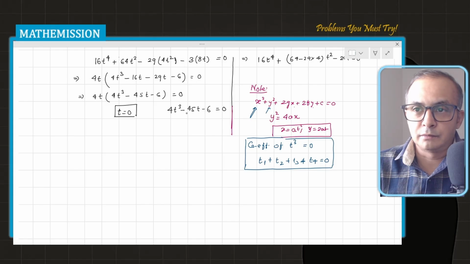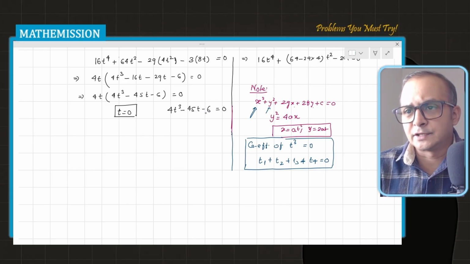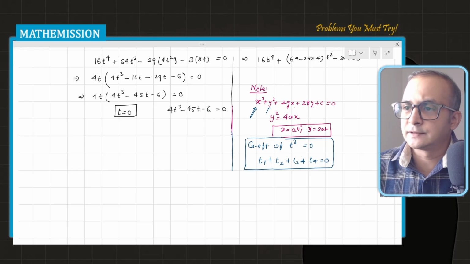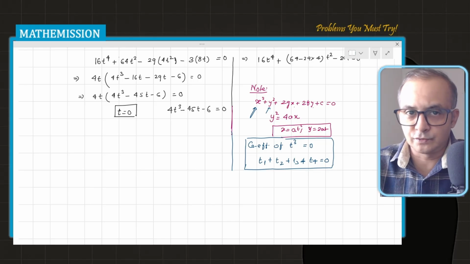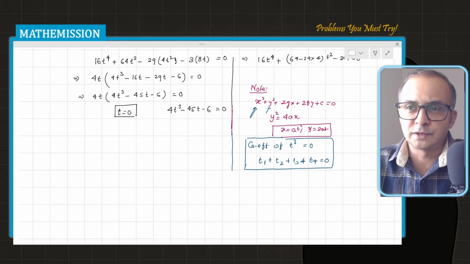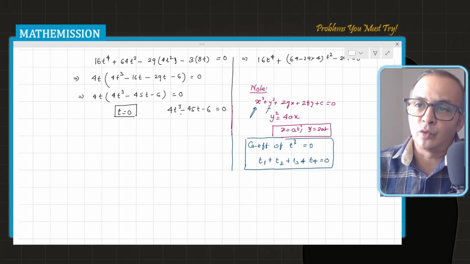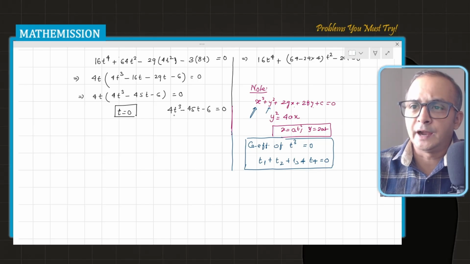I need one more root here, so we can apply the rational root theorem to identify whether any rational root exists or not. So we can directly check t equals 2, because the rational root theorem tells that 6 has factors 1, 2, and 4 has factors 1, 2. So the possible roots are 1, minus 1, and so on. So we check 1, and 1 will not work. What about 2? If we substitute 2, that will give us